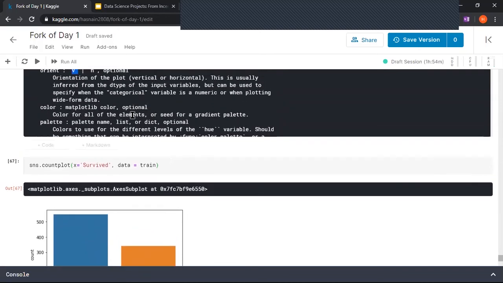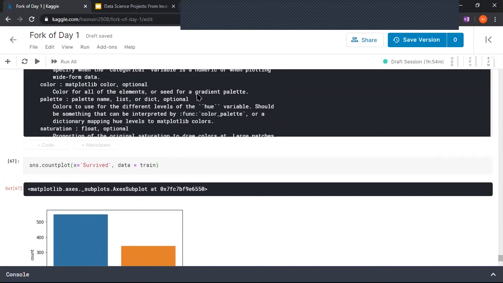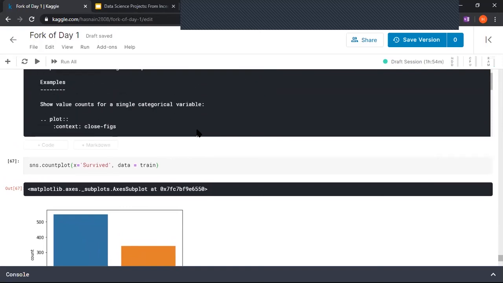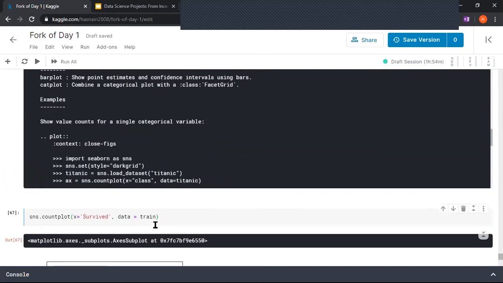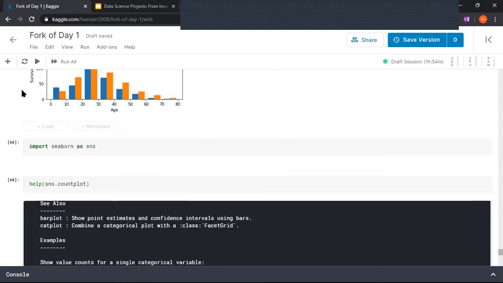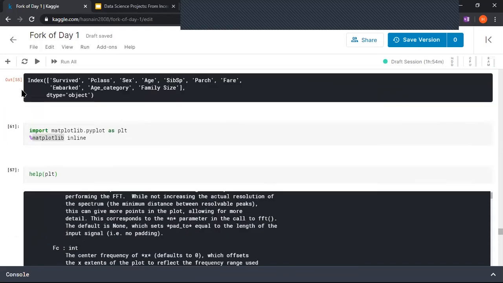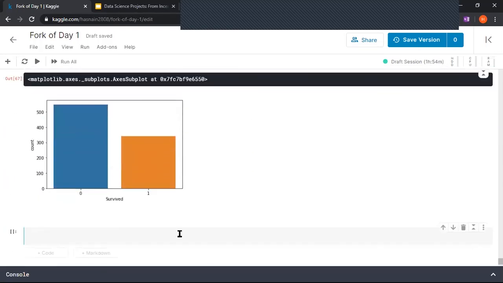Yeah. Okay, then you can tell it the colors that you want to put. You can also put a gradient palette. There are a lot of things that you can do, and it just reduces the number of things that you need to provide in a basic case. A simple graph is drawn with just a single command, and we just pass in the column that we want to use. We want to use the survived column, and we are saying to use the train data frame. Train is the data frame, the thing that we have been using for such a long time. We are just telling it use this table, use this column and create a graph, and it does it for us.